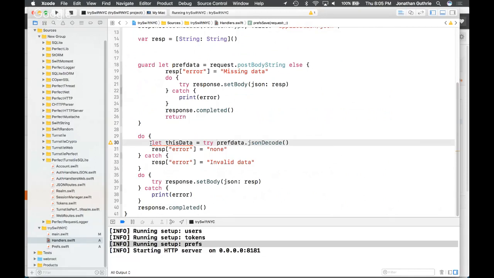So that's our methodology of validating it. Did it decode? Yes, it's valid JSON. If it didn't, then we can send back an invalid data. Okay, does that make sense?